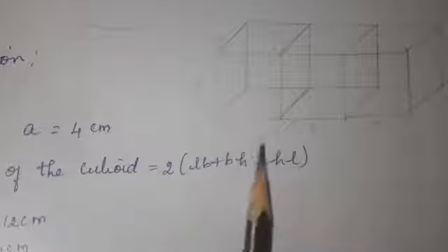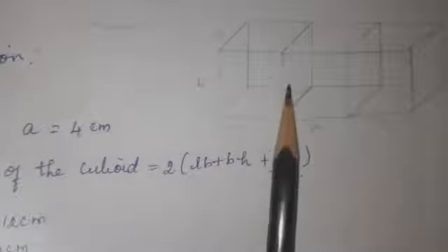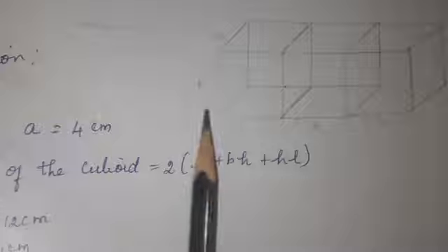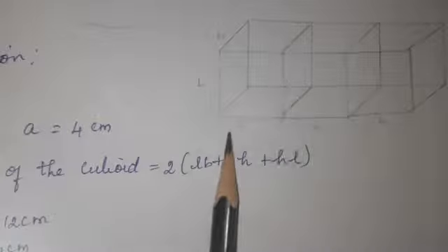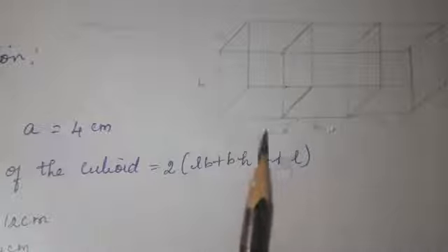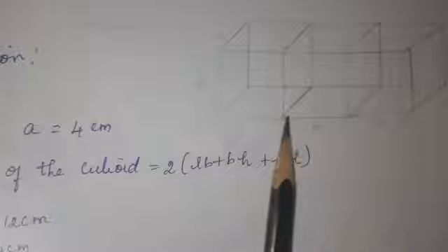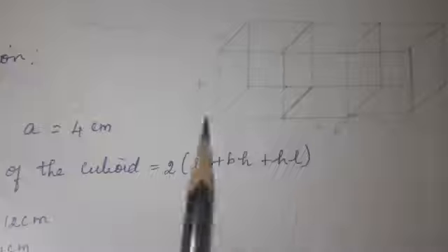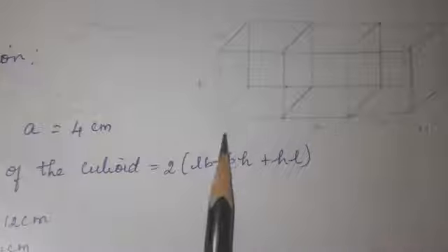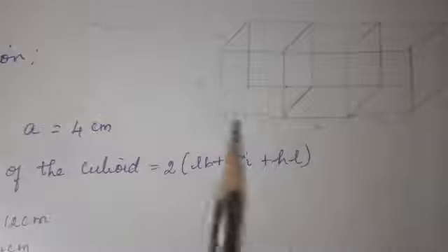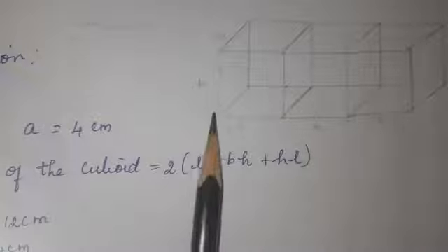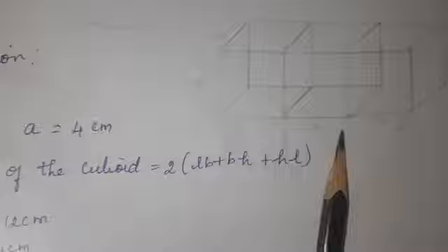When you see this diagram, you can understand. First consider a single cube. In a single cube, all sides are 4 centimeter. The 3 identical cubes are joined. So this is the second cube, this one is the third cube. When we join 3 cubes, you will get a picture like this. Here you see one new shape. What shape is it? It is a cuboid, because the length is different.